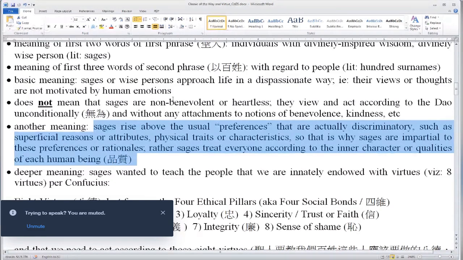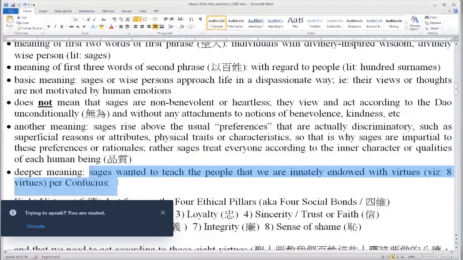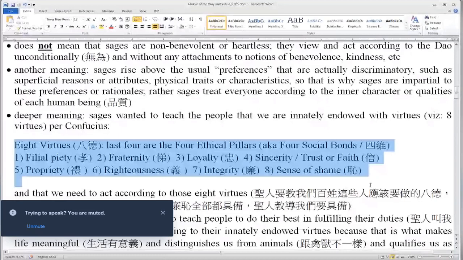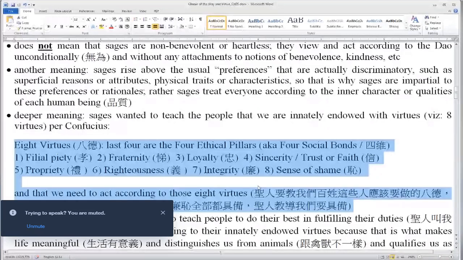The deeper meaning is this: sages wanted to teach the people that we are innately endowed with what? Virtues. Okay? Such as the 8 virtues. That's according to Confucius, right? What are the 8 virtues? These are the 8 virtues. So, what Lao Tzu was trying to teach us is that rather than relying on human emotions